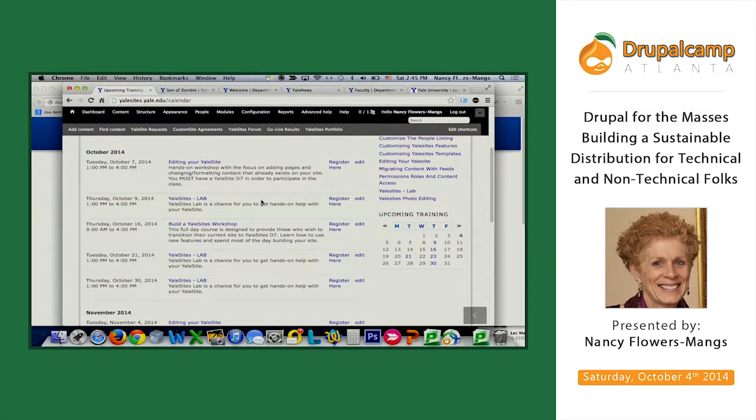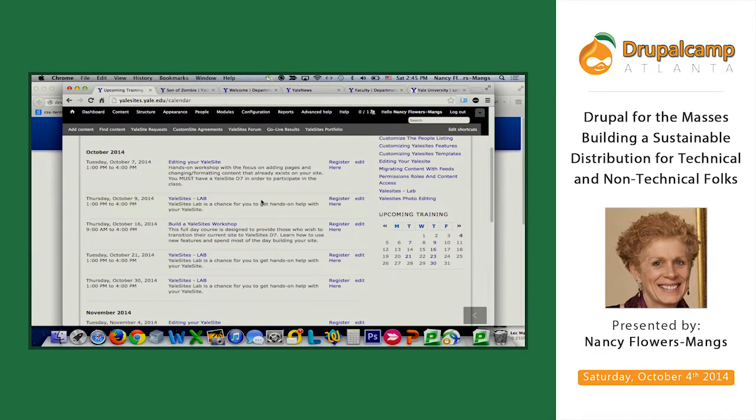How many people thought learning Drupal the first time was easy? Good, good. Somebody sort of raised their hand. I remember my first experience, and I was pulling my hair out, swearing. My children were looking at me like, that's a new word. Oh, I've heard that before, but not quite in that way. And so